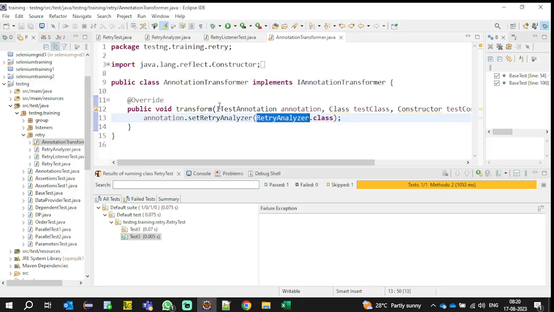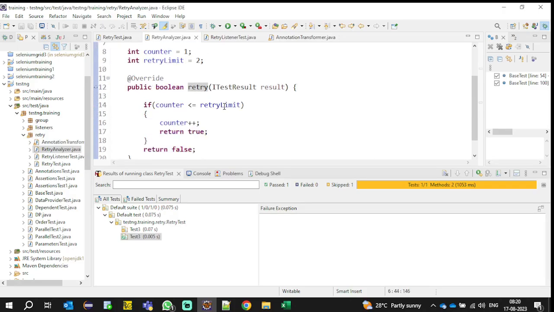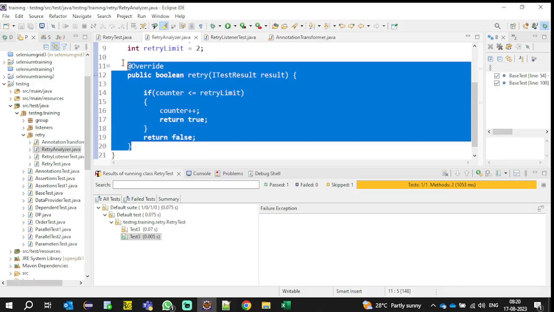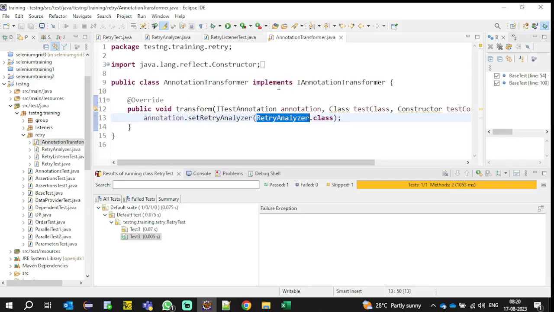And one more thing we have to do. This is the first step, right? First we have to create the RetryAnalyzer, implement the RetryAnalyzer. Then we override the retry method and write the simple logic for how many times we want to retry. And then the annotation transformer. Then there is a transform method, and then annotation dot set the RetryAnalyzer. We have to give the RetryAnalyzer class. These two classes we have to implement, and then